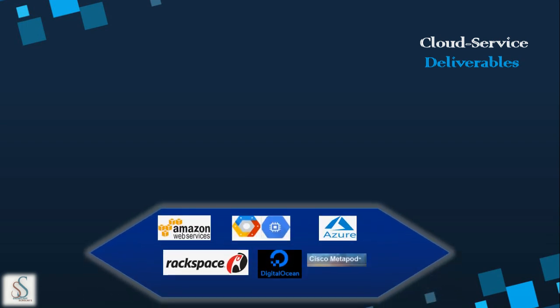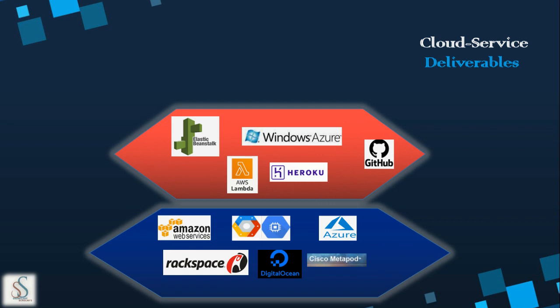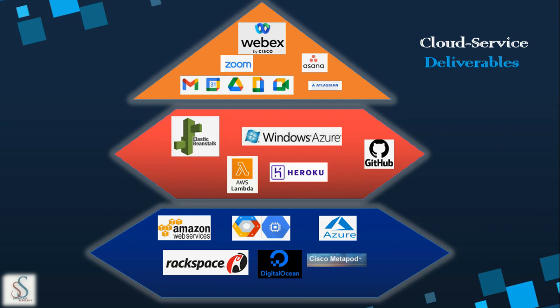So, the IaaS layer. IaaS services are provided by cloud providers like Amazon Web Services, Google Compute Engine, Azure, Rackspace, DigitalOcean, Cisco Metapod. So these are a few examples of IaaS offerings. And next, PaaS. These are a few platforms that are provided as a service to companies, like GitHub, as I already discussed. AWS Lambda also is a platform where you can build code using any of the programming languages, and you can build software on that, correct? And lastly, software as a service.